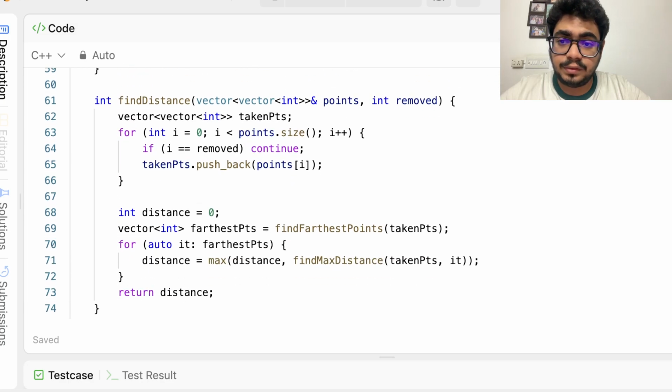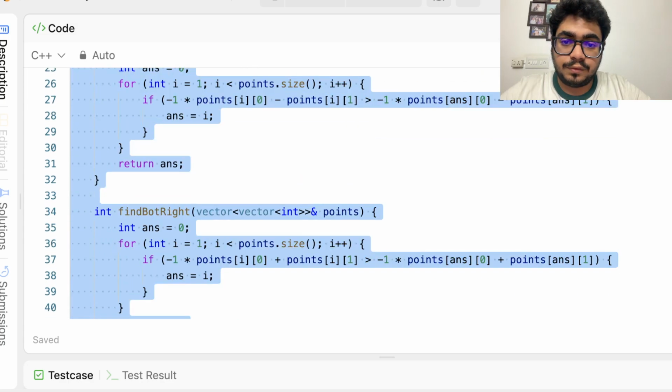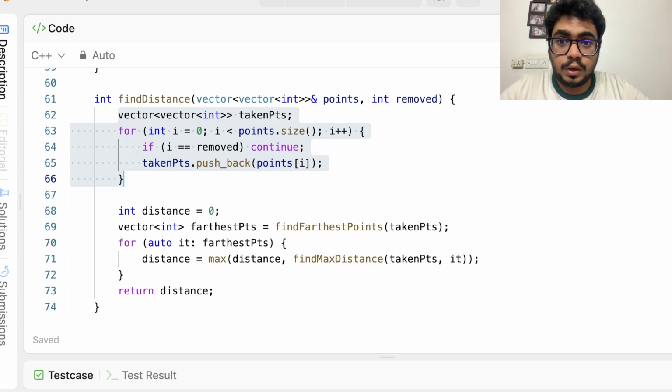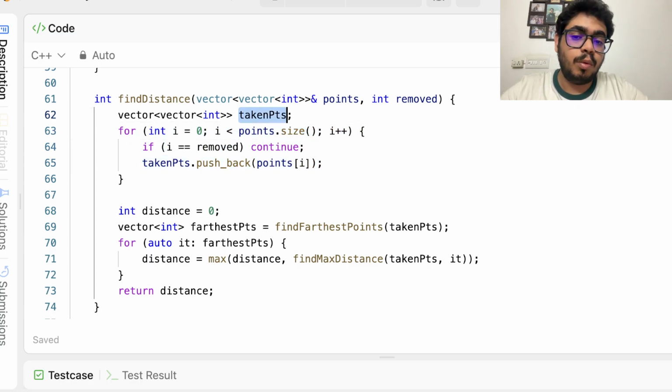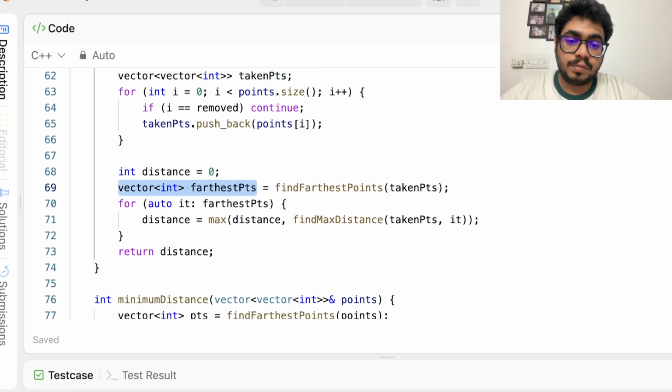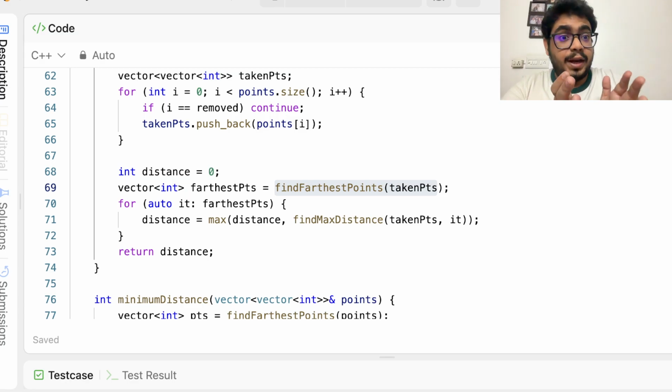Let's look at find distance. So I have find distance, points, and the one that is removed. First I calculate the remaining points which have not been removed as of now. So I run a loop. If the index is the same as the removed one, just do continue. Otherwise, push them into this new points, the points under consideration. So once we have the points that we need to consider, again I find the farthest points in this new array. So again the four farthest points, and